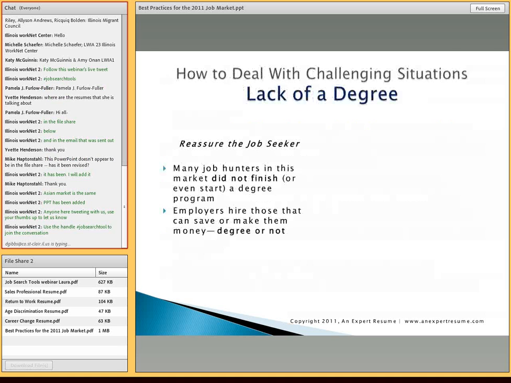to write, basically. So in going through the information on dealing with what I would call resume challenges, lack of a degree is very, very common. In fact, I would say probably a third of the people I talk to, granted most of them are at the executive level, did not finish a degree, didn't start it. You know, the fact is that honestly they have not only a lot of good company, so it makes sense for you to reassure them here, but you definitely want to tell them that it's more based on